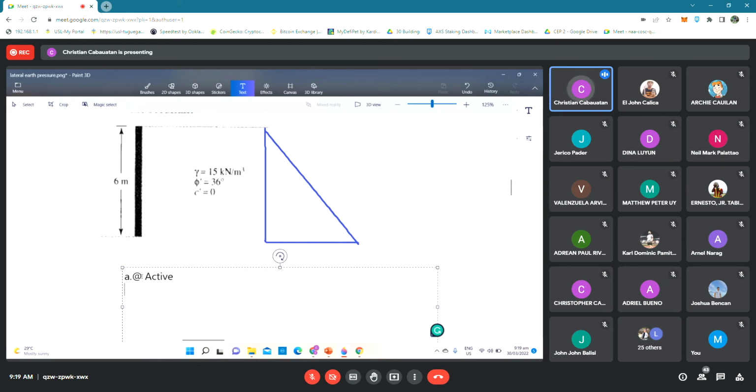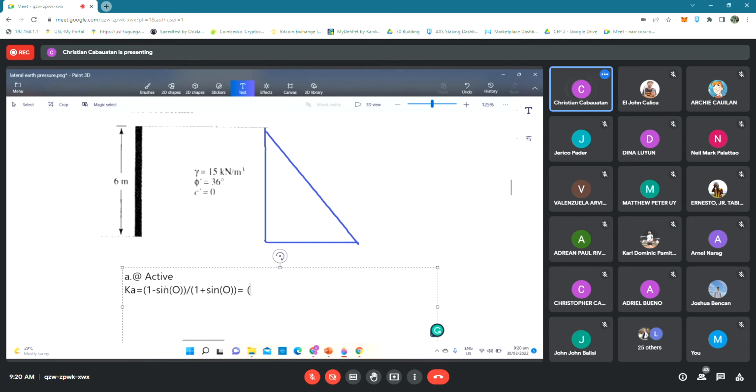The first thing you have to do is to determine the coefficient of Rankine active pressure, or your Ka, which is equal to 1 minus sine of your phi, divided by the value of 1 plus sine of your phi. Okay? Therefore, it is equal to